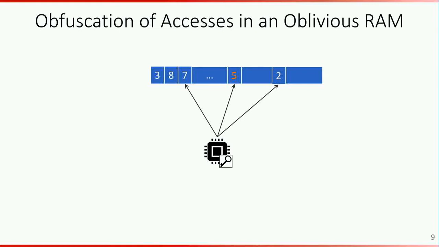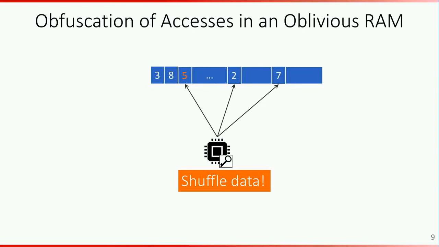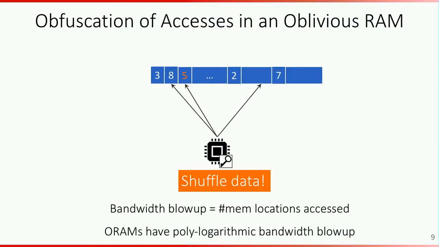Let us say I want to access memory location 5, then an ORAM scheme would access memory location 5, but in addition, it would make a few more obfuscating accesses, say to memory location 7 and 2. And once I perform this access, what most ORAM schemes do is they shuffle data around. The reason why you shuffle this data is because if you do not shuffle it, and if you want to access 5 again, then you may reveal some sort of frequency or co-location information. But if you shuffle data around, perhaps if you're still accessing 5 again, you would be able to hide which